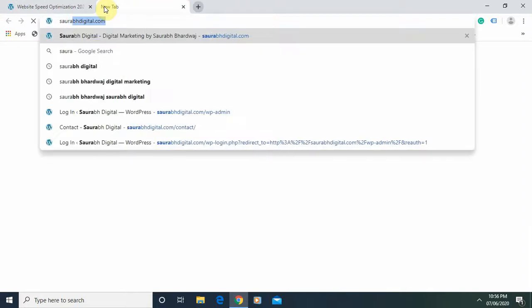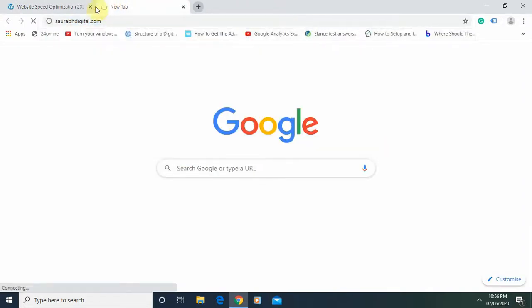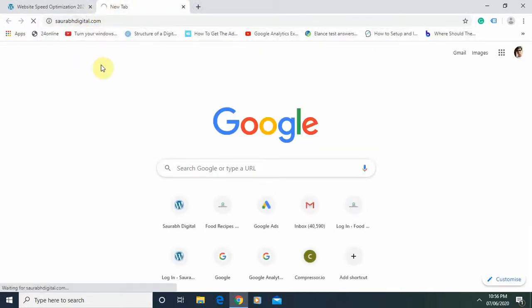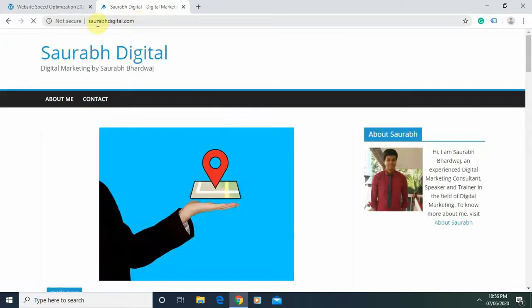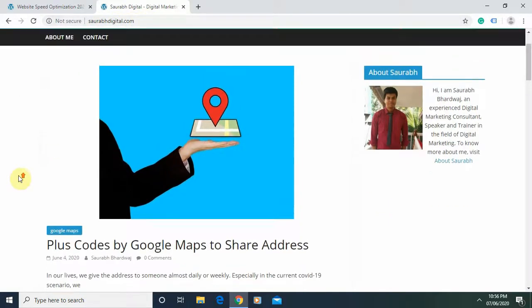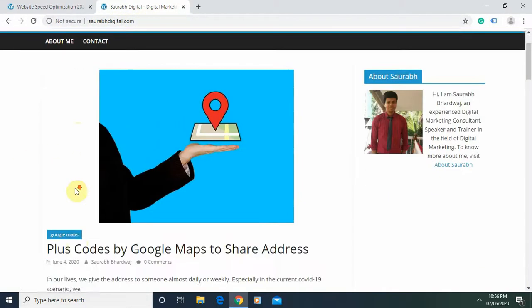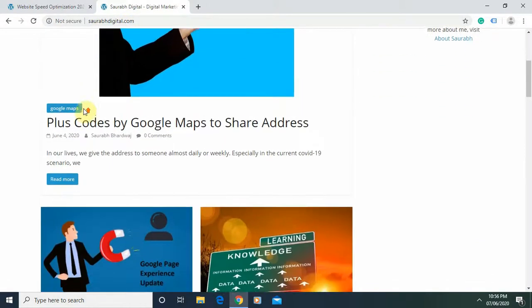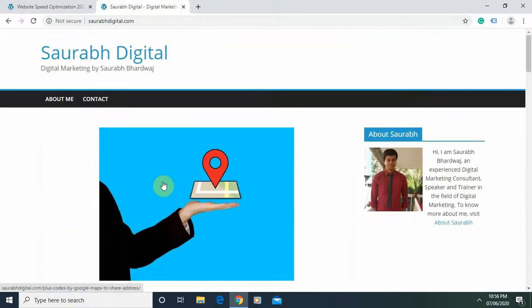Whenever we open any website, so this is my website saurabhdigital.com, the browser requests the server of Saurabh Digital to load the content. On this saurabhdigital.com, we have multiple images, JavaScript, CSS.